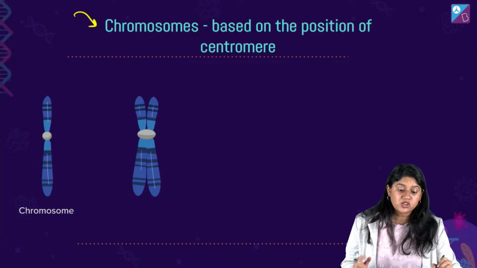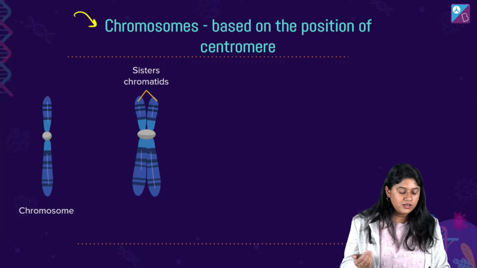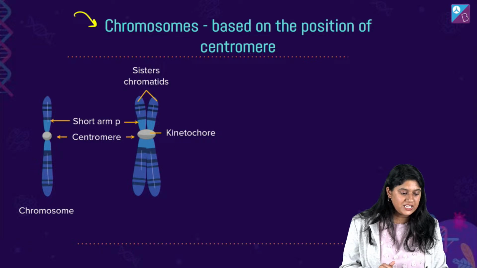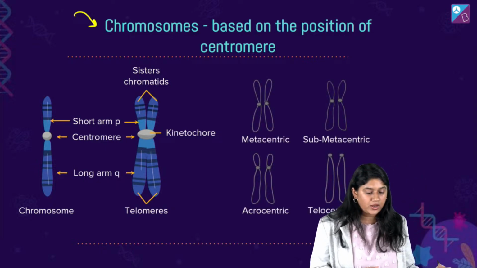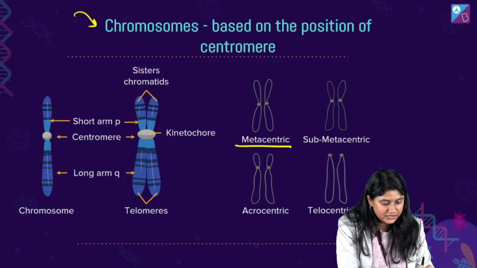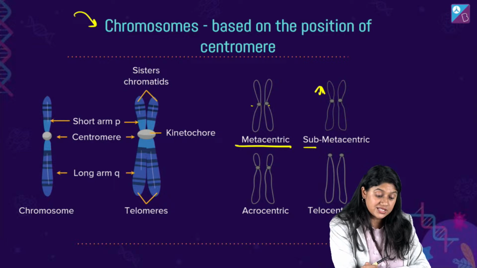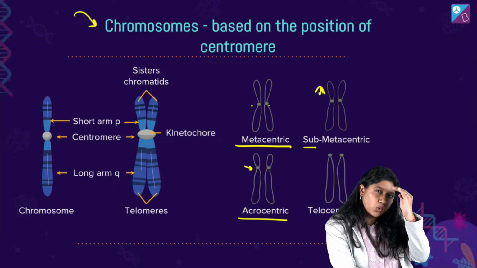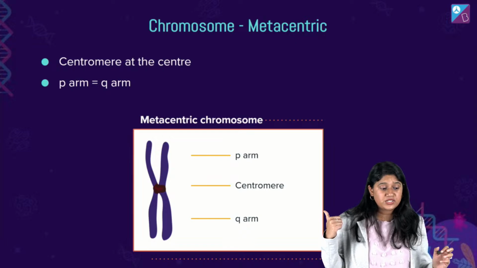Then let's talk about the chromosomes based upon their centromere. We have different names for the chromosomes, right? Sister chromatids, centromere अगर center में है तो of course we have it. We have a very special name, short arm P, long arm Q, and we have the telomeres, and we call it as different types, right? We have metacentric, there at the center. If थोड़ा सा P arm की तरफ ज्यादा जा रहा है तो उसे हम बोलेंगे submetacentric. Acrocentric अगर एकदम ही end पे, मतलब end से थोड़ा सा पहले है, and telocentric which is there at the end. Okay, you can take a screenshot of this everyone.